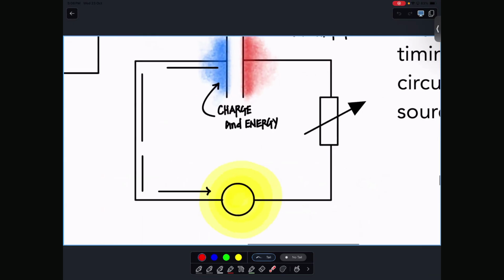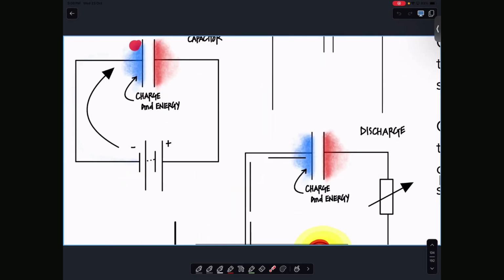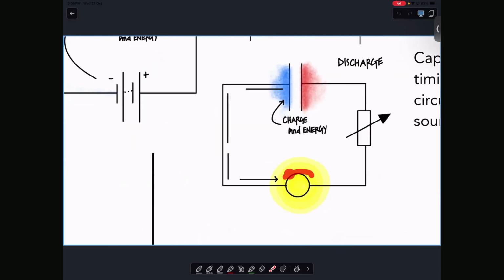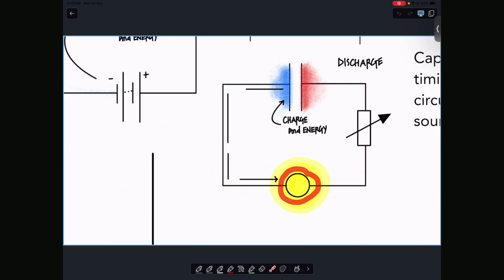And then I will take this capacitor, which has stored charge and energy, and connect it to a lamp instead of a battery. Previously the charges couldn't go that way, because this is negatively charged, this is positively charged, and they couldn't go that way either because there's a negative terminal there. But the moment you remove the battery and place a lamp here, all these charges that were very eager to go that way, but couldn't because of the gap in between, will start to go the other way, like this and like that, to that place. When they go the other way, what do they travel through? A lamp, right? So they lose all their energy to the lamp, and the lamp then glows.